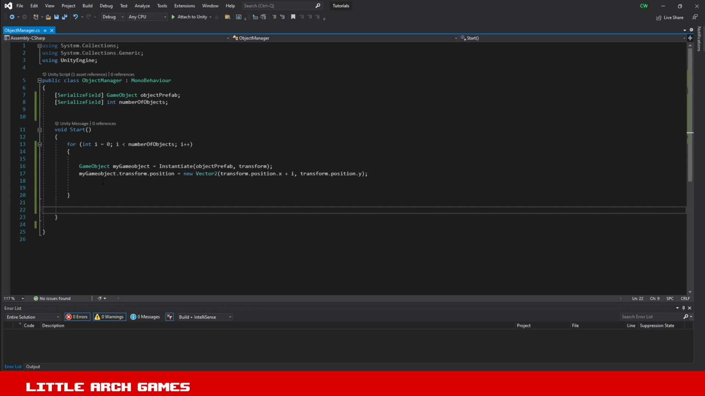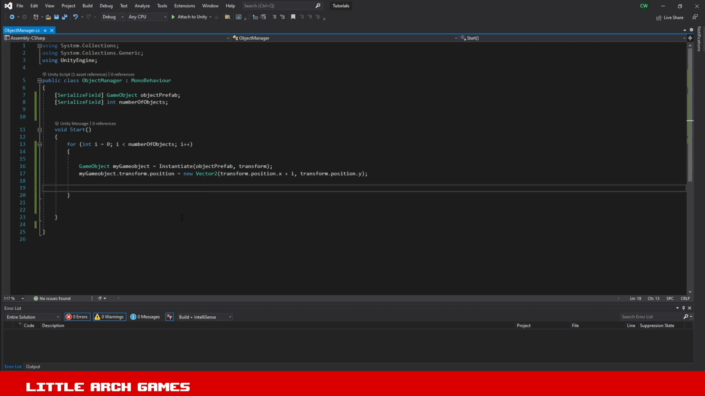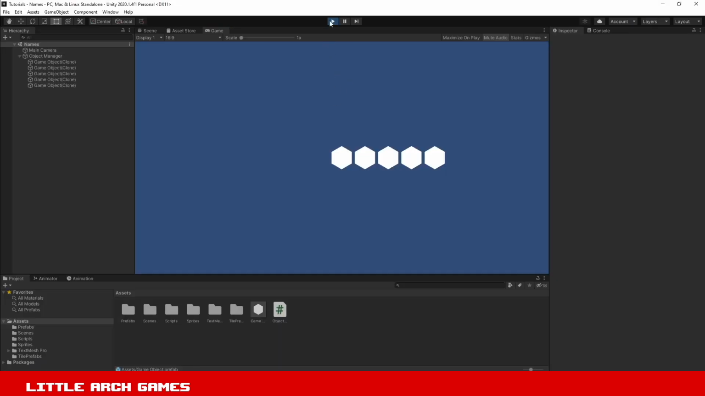I'm setting their position, and to be able to name those as I instantiate them, still within the for loop, I use myGameObject, that is the name of the game object that I am referencing, and then .name, and then I can set this to whatever I want really. I can set it to a string, so if we call them "my objects", and if we save that and reload the scene in Unity,